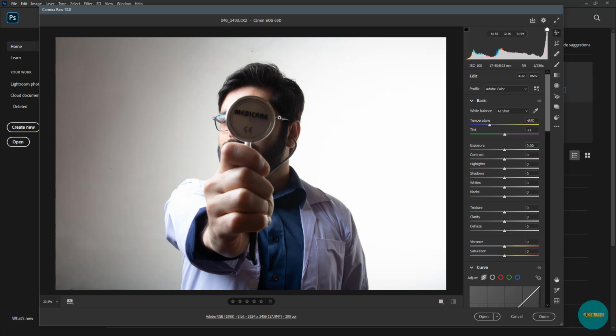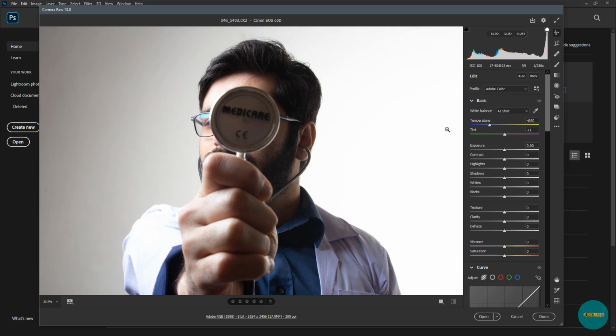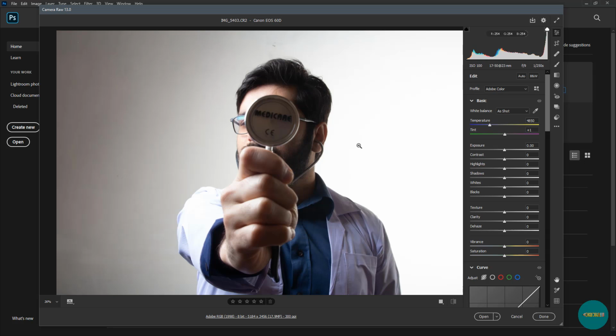The very first thing that I adjust inside my Camera Raw panel is the shadows of the image. So the first thing that we are going to do is increase the shadows a little bit from our handle,